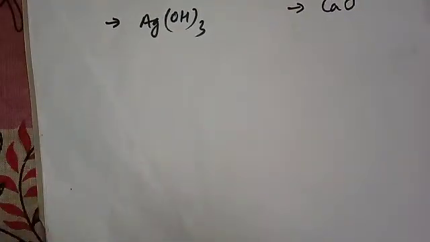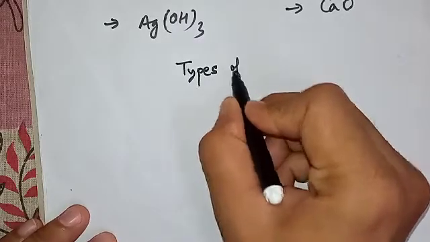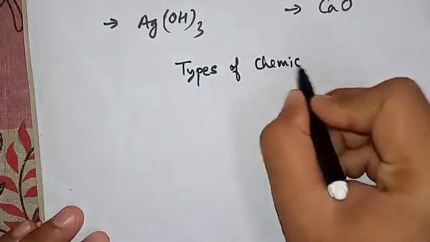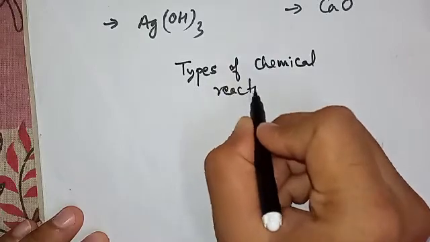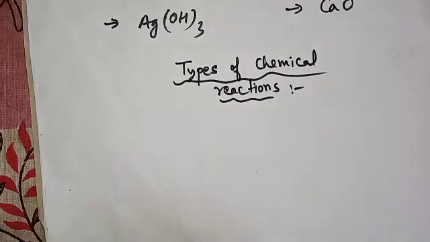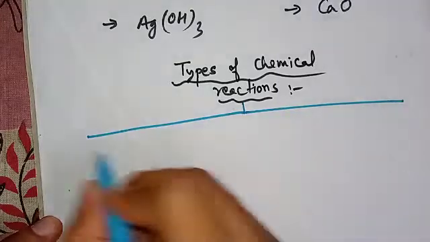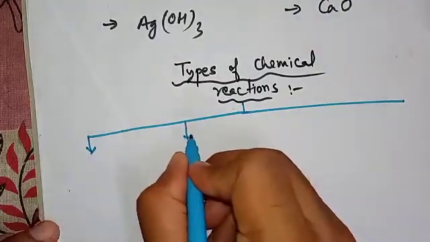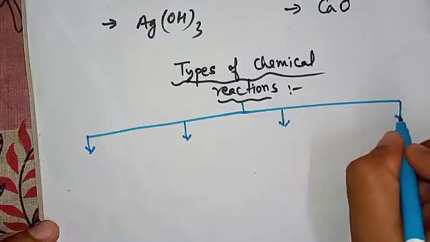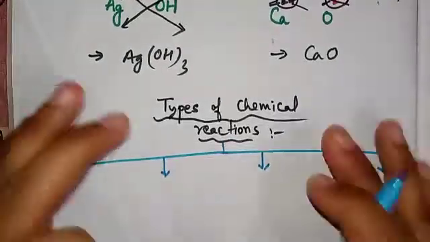Okay, my dear students, now let us have a look at the different types of chemical reactions. So, basically speaking, there are four types of chemical reactions. And what are they? You might have heard, but this is what you are not applying and you are facing difficulties in learning the chemical equations. This is the most important part. Listen to this carefully, okay?